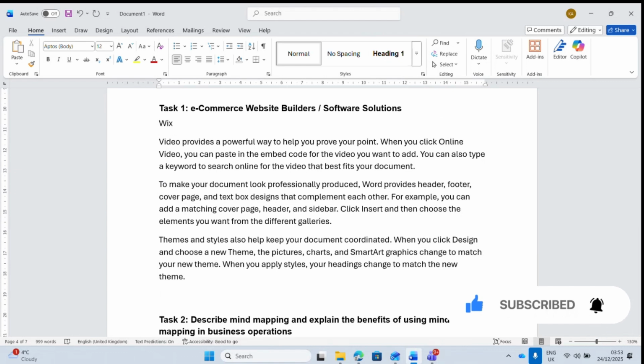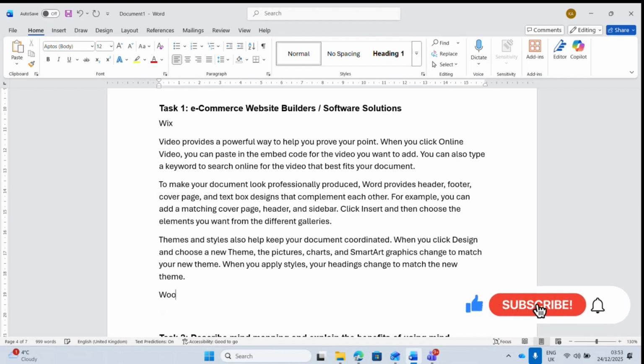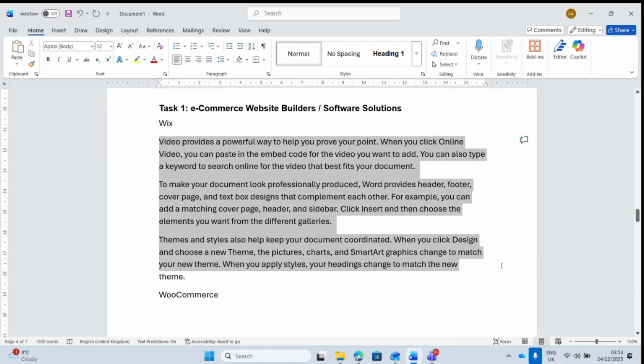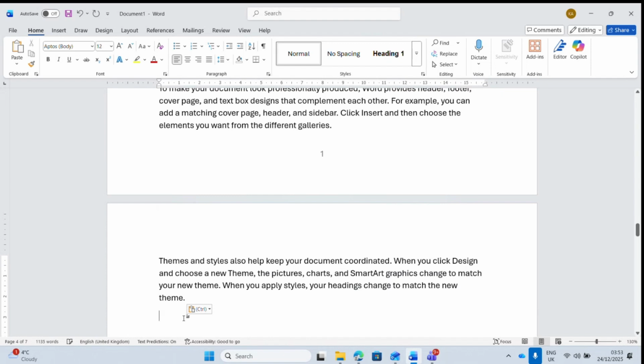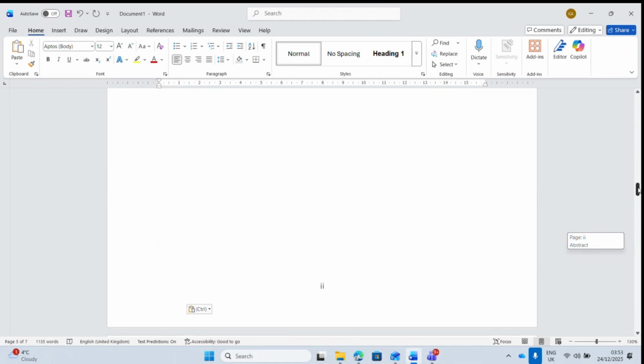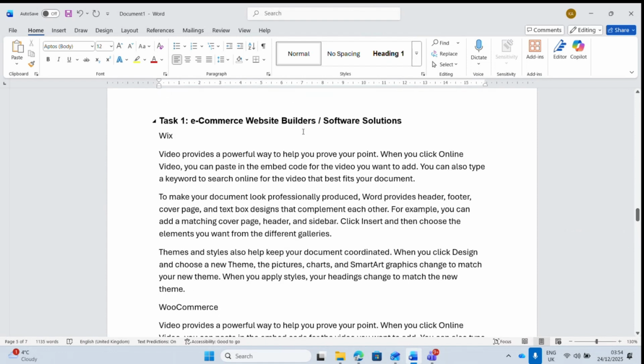So I'm writing on Wix, and then maybe WooCommerce. So let me just copy the same content here. Great. So here I want to make this subheading under task